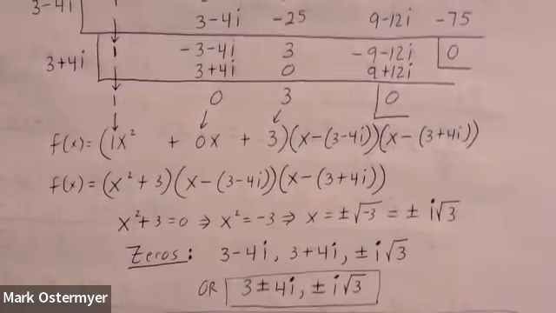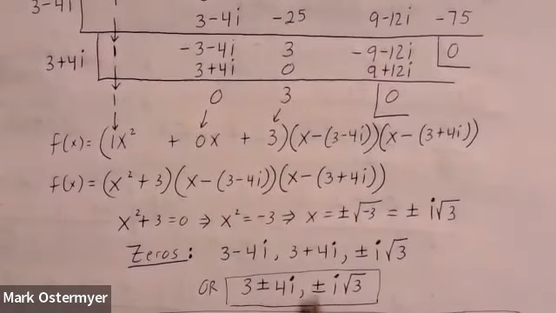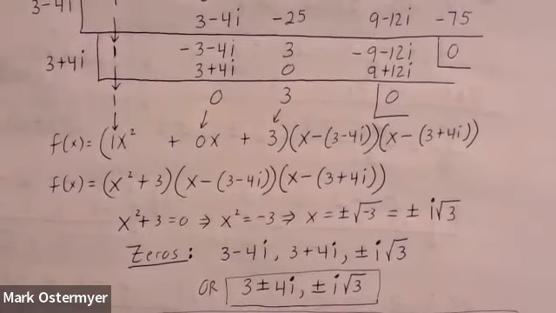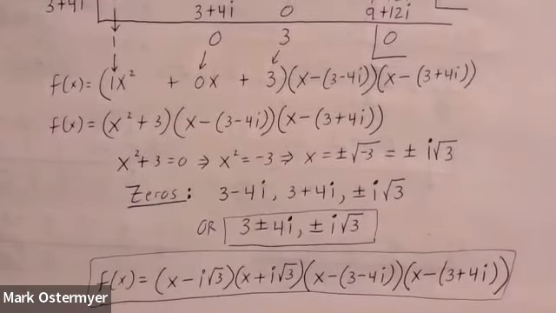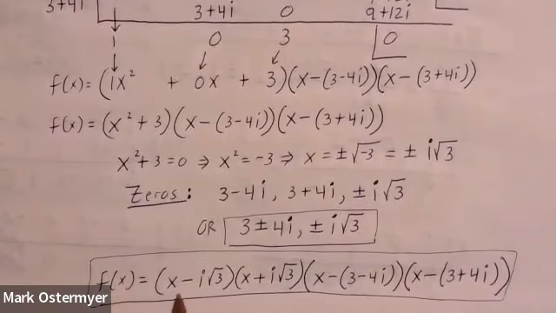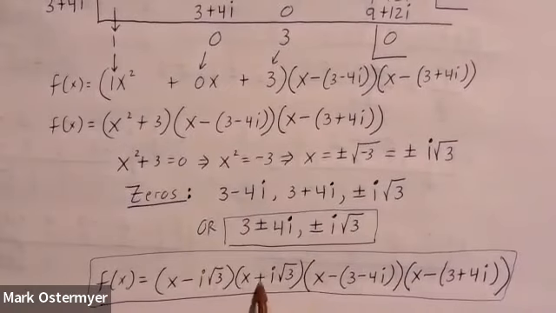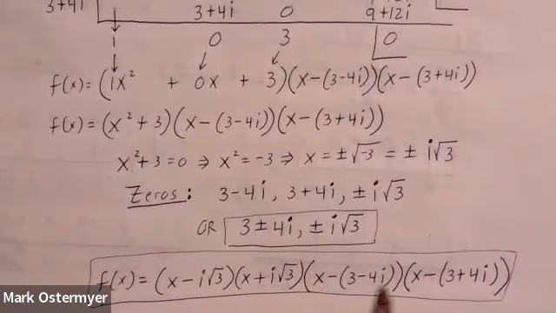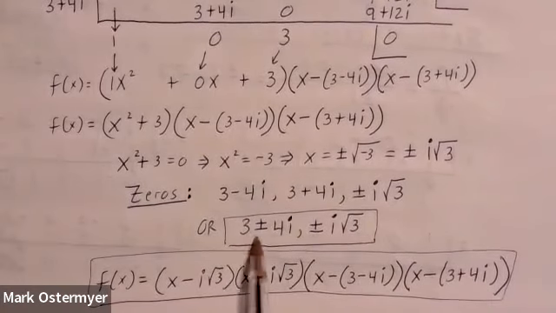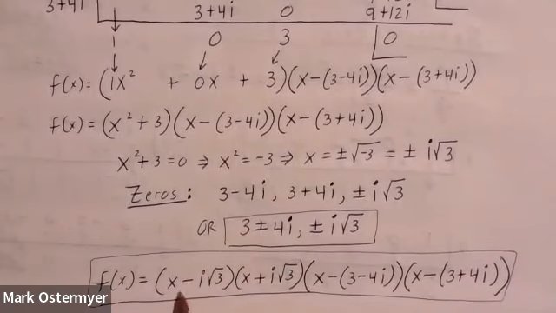Notice all my complex or imaginary zeros come in conjugate pairs, as predicted by the conjugate pair theorem. Furthermore, I can factor f of x down into nothing but linear factors: x minus i square root of 3 times x minus negative i square root of 3, which is x plus i square root of 3, times these two linear factors, which were shown above. So not only do we find all the zeros, we have completely factored f of x down into nothing but